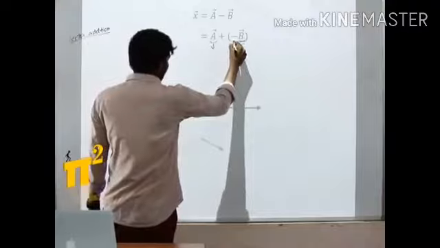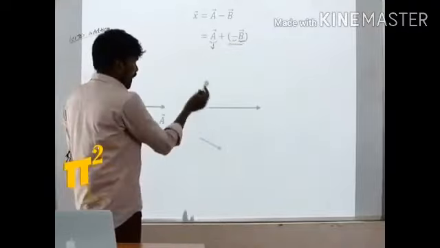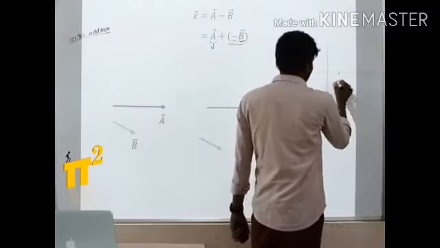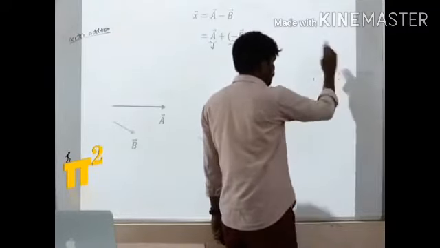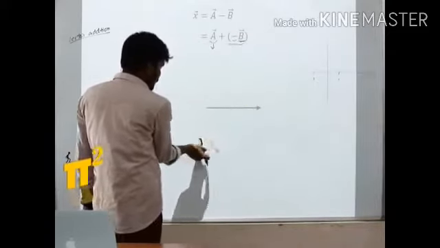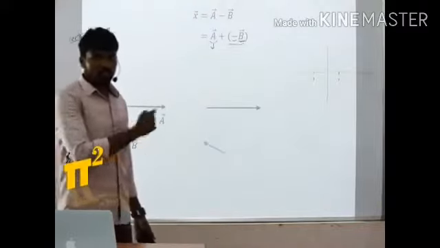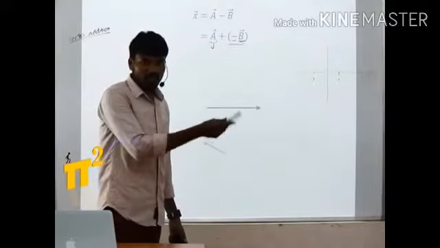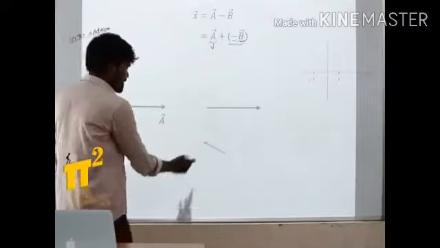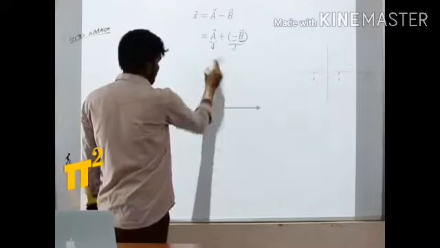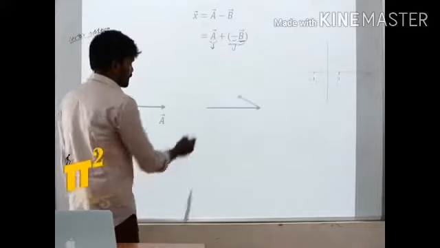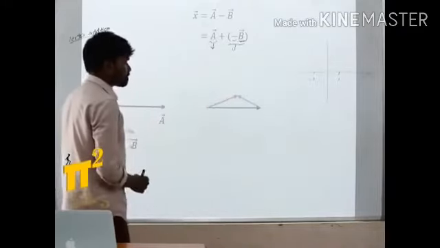Now we should multiply with minus. Minus means what? 180 degrees opposite. Because in here, we have seen plus 1, minus 1. Plus 1, minus 1 is having 180 degrees phase shift. So here also it has to take rotation of 180 degrees. You don't have to take clockwise or counterclockwise, because 180 degrees, whether you rotate in clockwise direction or counterclockwise direction, it gives the same. So minus b is this. So second vector is ready, first vector is this. So let's add these two. Join head and tail. So this is a resultant, x.